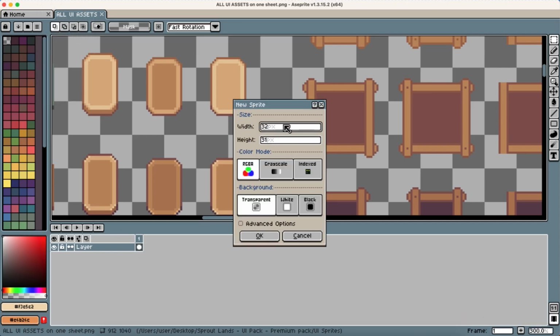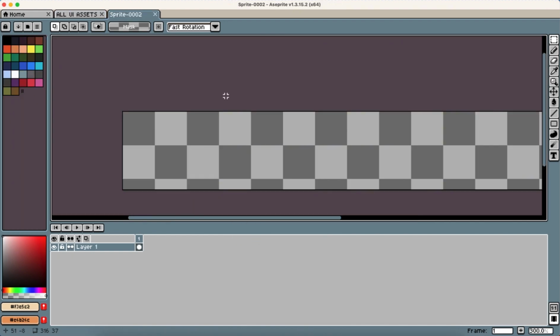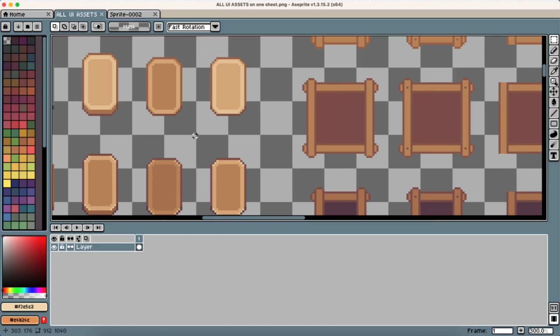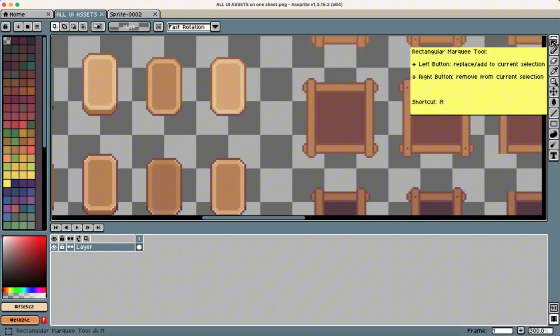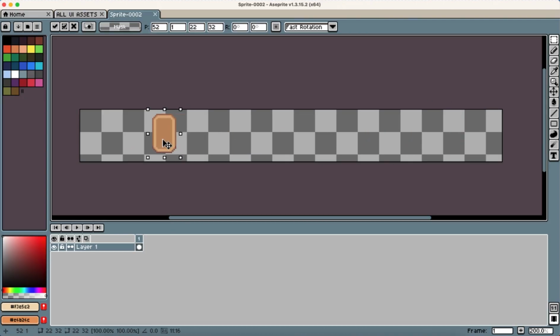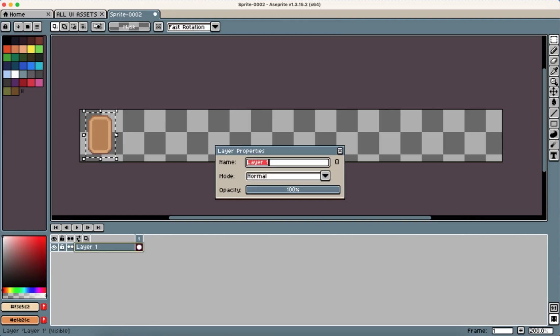So I'm gonna fill the width with 317 or 316, and then the height is 37. So let's go take a look. I think that's enough. So let's go. You can use the rectangle tool, and then you can copy this and then paste here. So I think I'm gonna